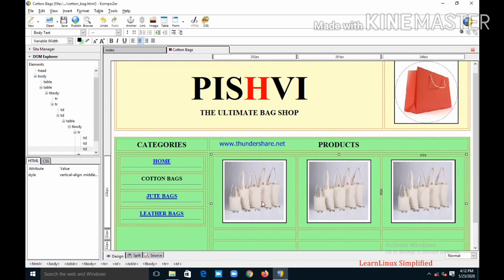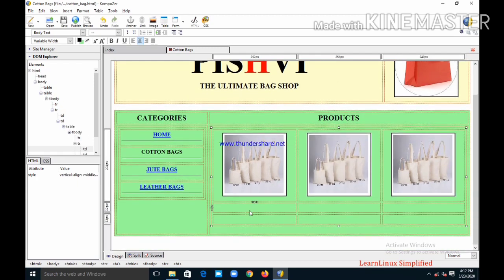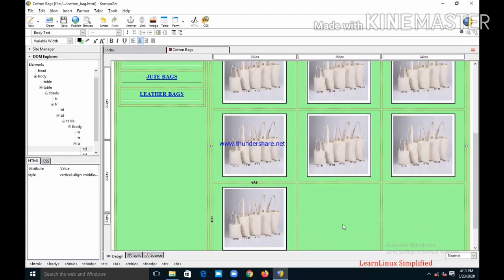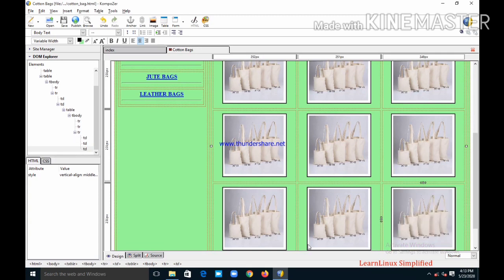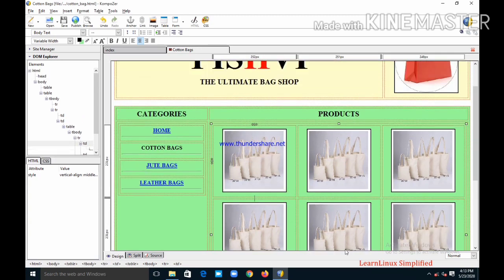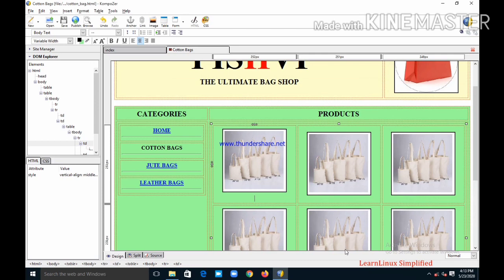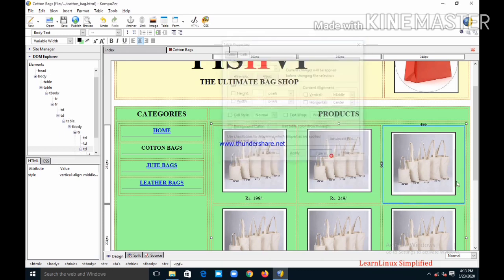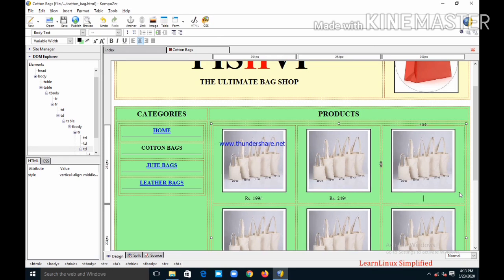Paste. Now by clicking here you can put the bag name or simply the price: rupees 199, rupees 249, rupees 299.